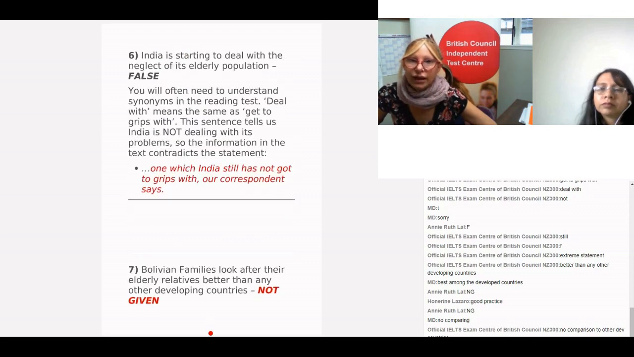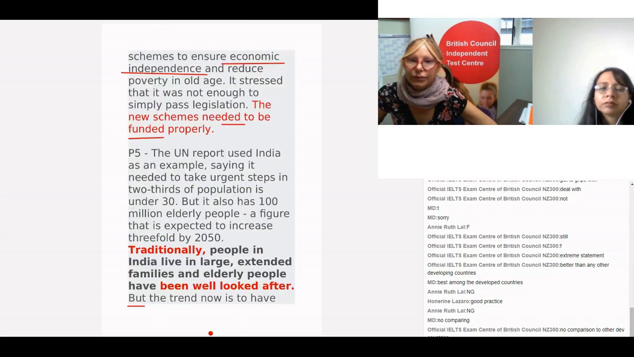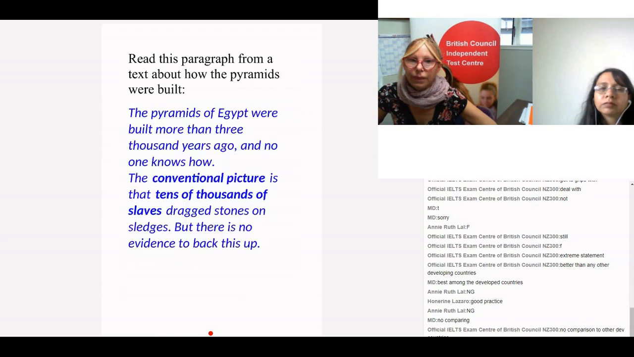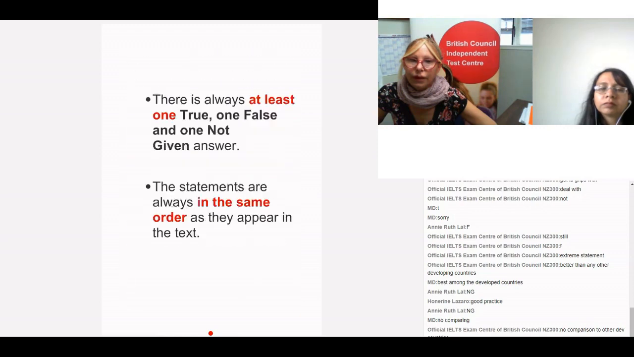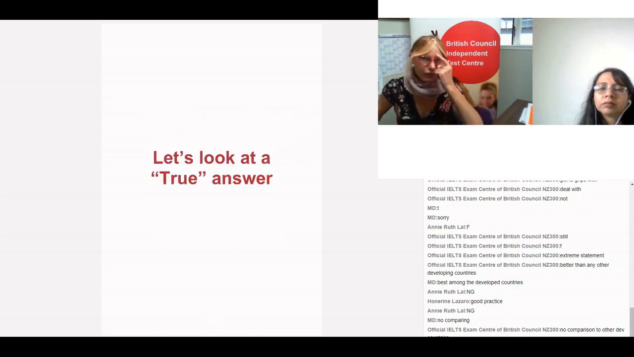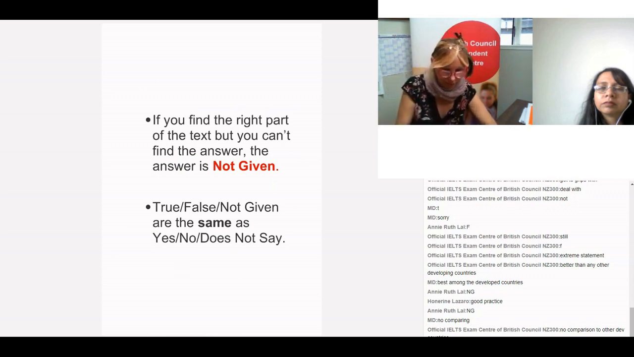So that's the reason why, with our true, false, not given, going back to the beginning of the lesson, if you find the right part of the text but you can't find the answer, it is not given. Okay, so if there's no synonym or no antonym for the information, then you can assume it's not given. So you work on that basis. Work on the basis that